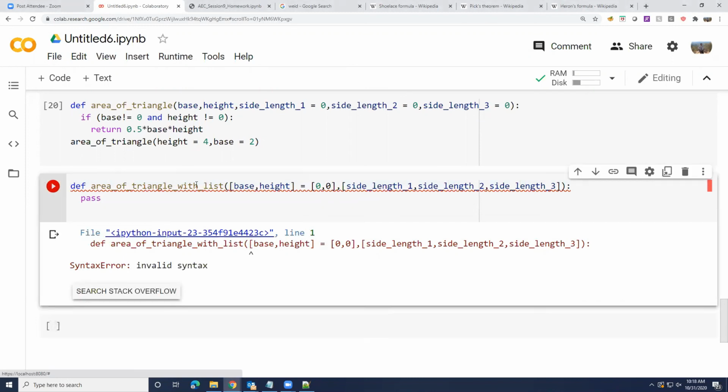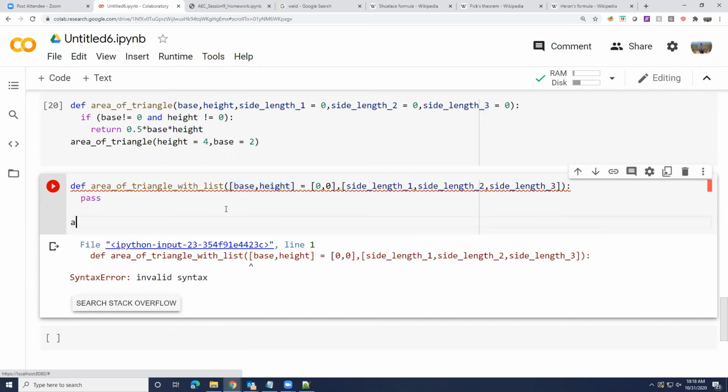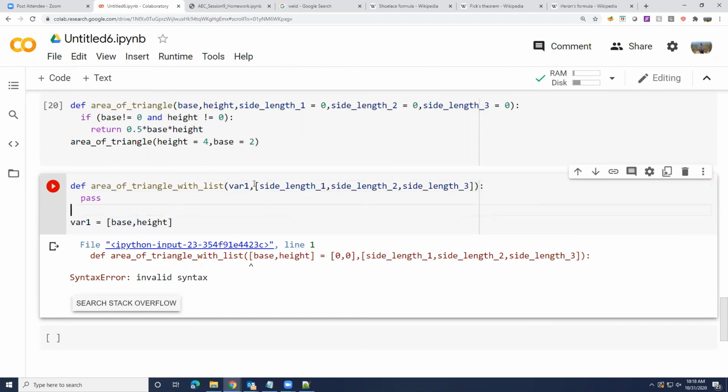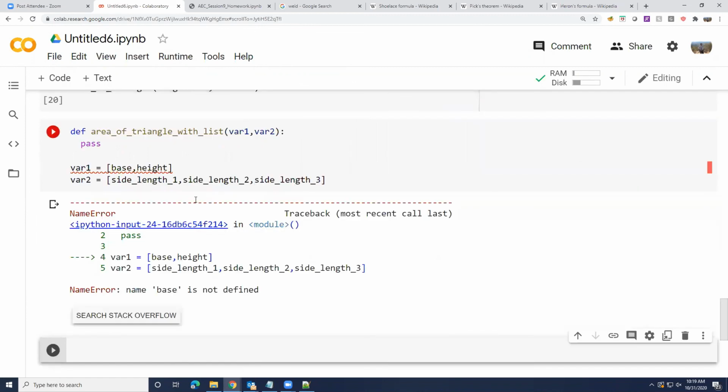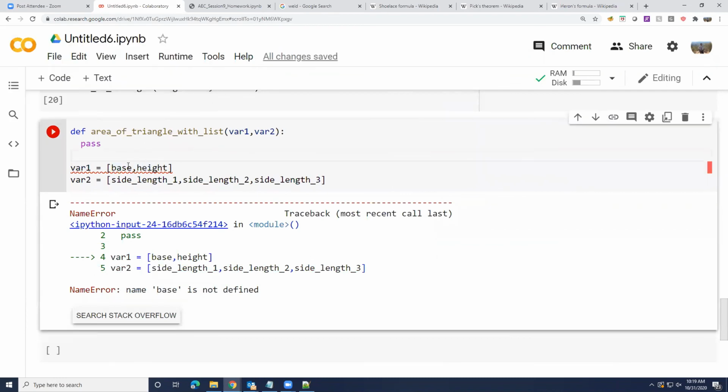Right. So firstly, this is not very useful, right? If you are defining the function and the inputs to the function are fixed in the function definition, then it's not very useful. Unless you are hoping you could just get away with calling it with different values. The problem is this list is a variable, right? I could maybe call it this way, where 1 equal to this, and then probably pass it this, right? This will accept it. And then where 2 could be this list. And maybe this would accept this. Even though it's not very happy about this one, because base is not defined, but it at least didn't complain about this, right?